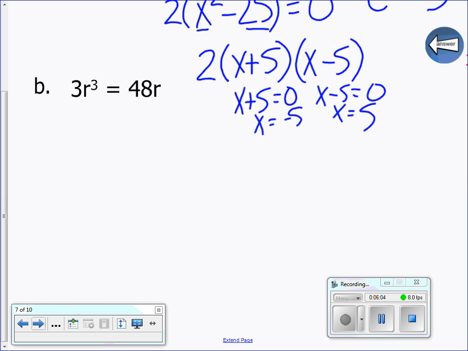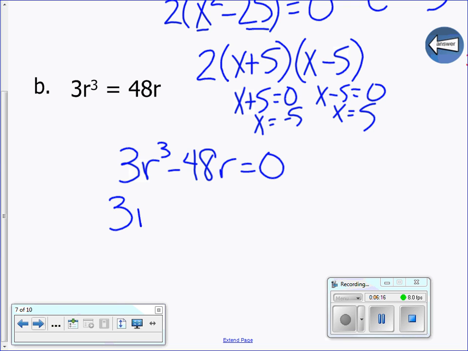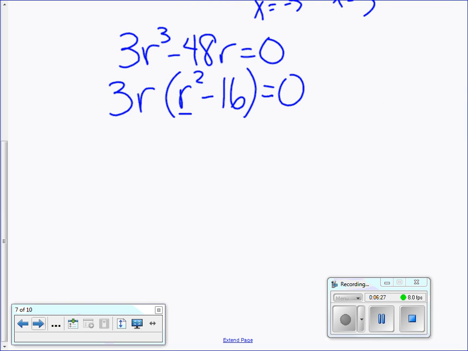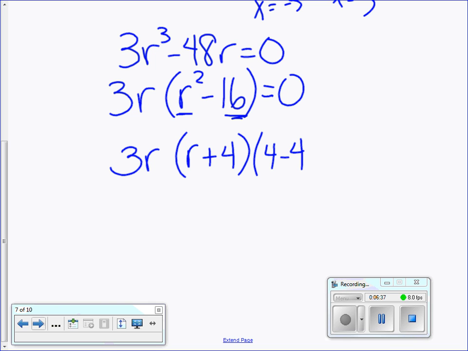On B, first I'm going to change this so it equals 0. So minus 48r equals 0. And this one, my GCF is 3r. So I factor that out, and I get r squared minus 16 equals 0. The r squared is perfect, 16 is perfect, with subtraction in between, so 3r times (r plus 4)(r minus 4), oops,